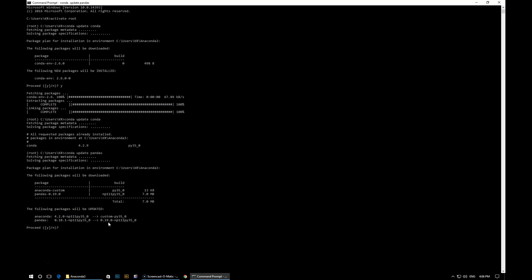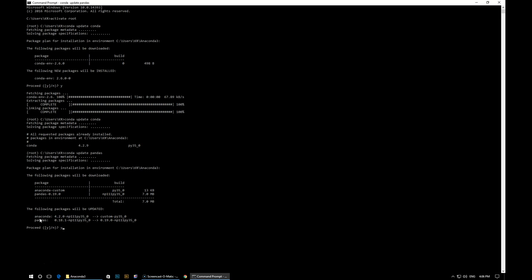They most certainly will. If you're watching this at a later date, your version of Pandas will be further ahead in the future. But if you ever run this command and you see that there are newer versions, all you have to do is press Y here again and press enter, and it's going to download the latest version. So for example, you'll also see that this Anaconda thing comes up right above the Pandas line, even though we only requested to update Pandas. Now, as you may have guessed, the reason this is so is because if any other libraries that Pandas needs to run on are also out of date,